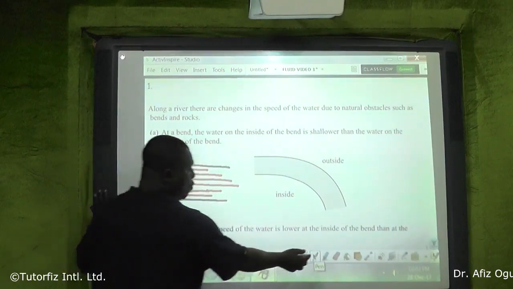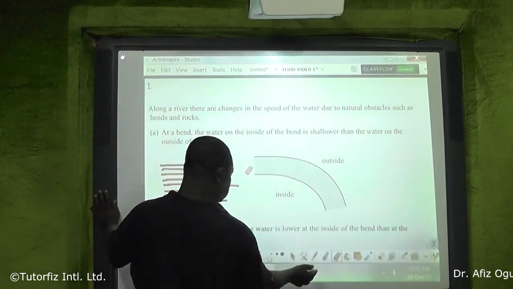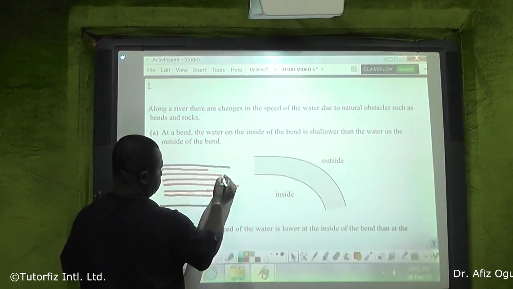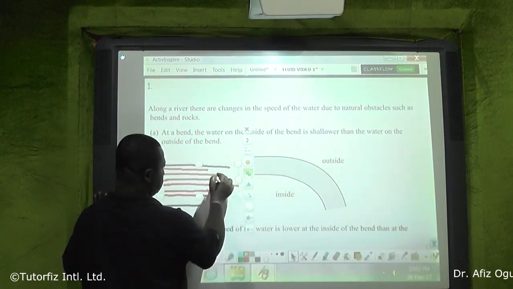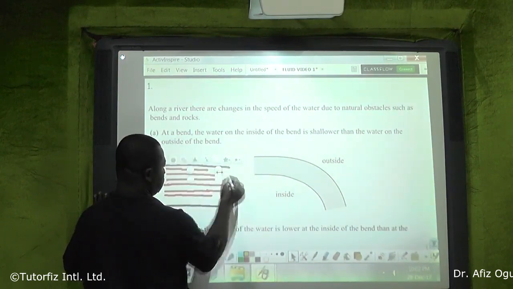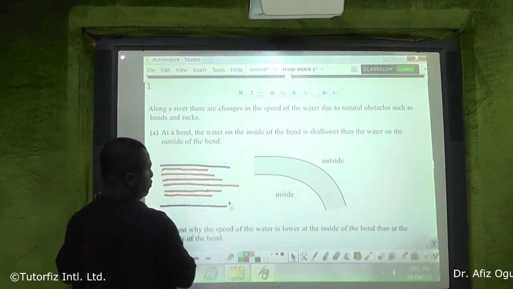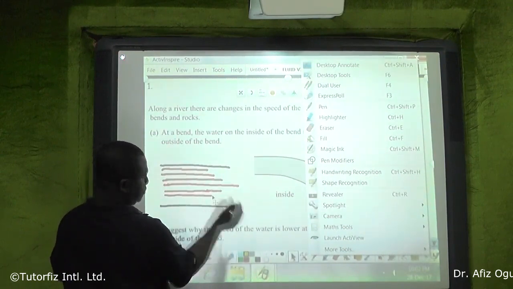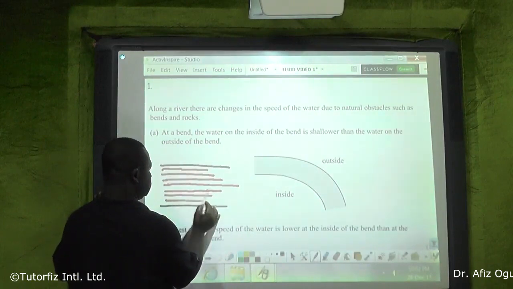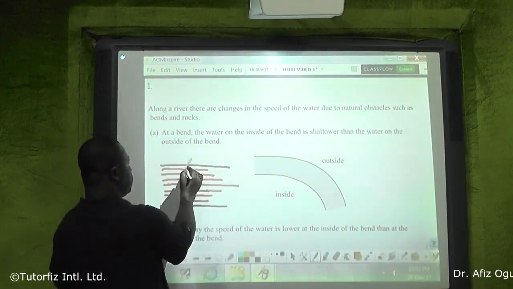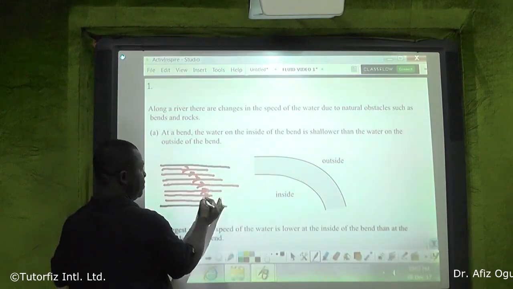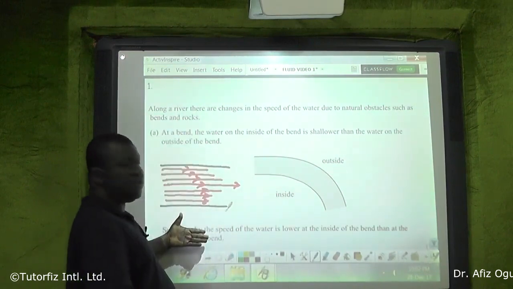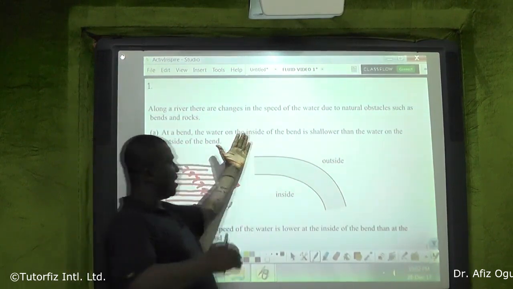You can see the water flowing. It's like that. It's flowing this way. This is ahead. Look at it, we cut the pipe like this. But for this pipe, here is a river. It has no